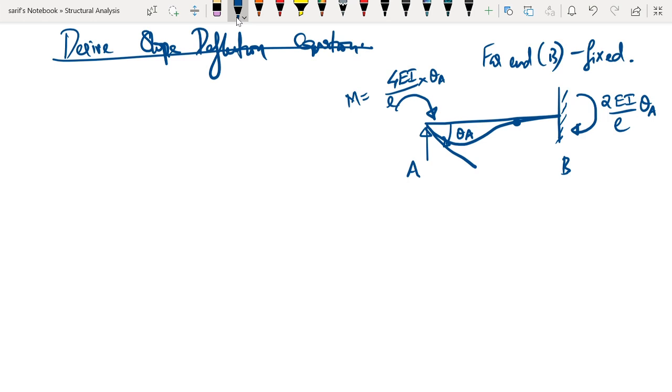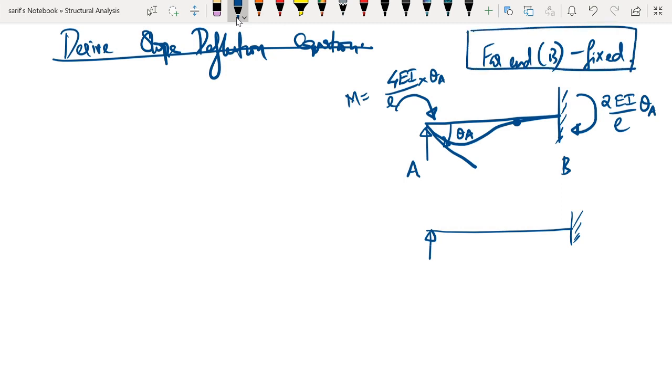So here we have to understand two concepts. First is to introduce a theta rotation at this end for a case of a beam with far end fixed, the moment you have to apply is 4 EI by L into theta A. That is the first concept you have to understand. And when you apply such a moment, half of that will get induced at the fixed end. Or in other words, for a beam with far end fixed, if I apply a moment of magnitude M here, half of that will get induced at the fixed end. Okay, so this concept needs to be understood.